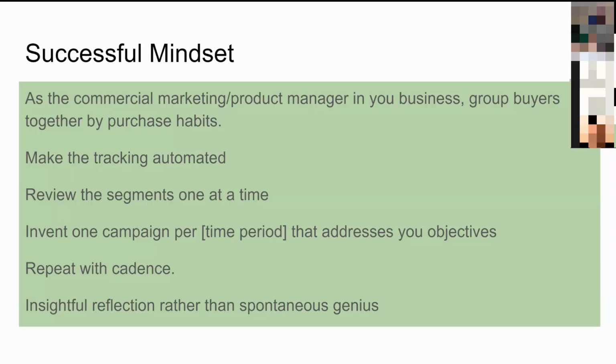Then I might think, all right, I want to find these people. Can I put some tracking in place that makes it easier to find those people next time I look for those people? Okay, figure that out, get that in place. And then review the segments, so, okay, I've got some people here. Where should they go? What's the next step for them? Should I subdivide those a little bit? How does that all look? And at that point, that's when you start to invent campaigns that address those objectives.